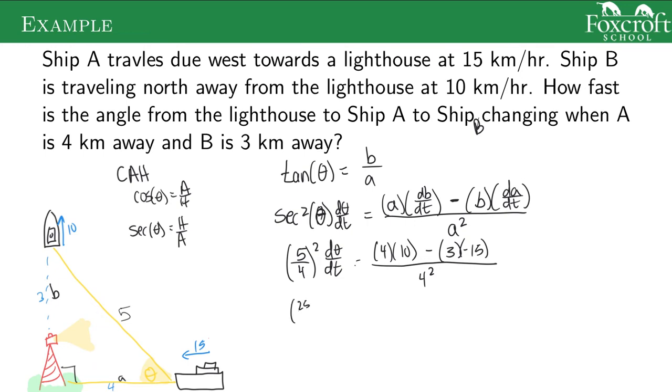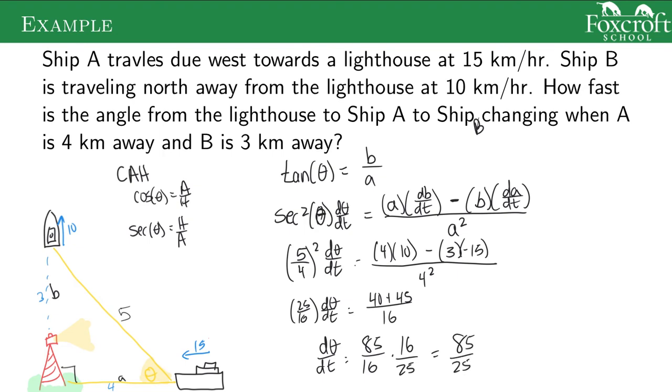This is 25 over 16. This is 40 plus 3 times 15 is 45 over 16. And then we need to move that to the other side, so d theta dt is going to be 85 over 16 times 16 over 25, which is 85 over 25, which becomes 17 over 5. And whatever our units, it's a rate of change, and the angle, so the angle units are radians,